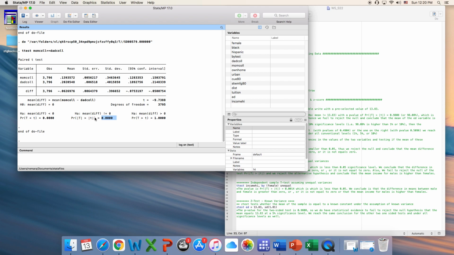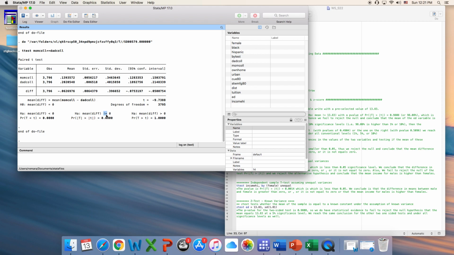So that means the 0% means that we reject the null hypothesis. There is a very small probability, and when I say small, it's smaller than the 1%, it's smaller than the 5% and the 10%. So there is a very low probability that the null is true. So we reject the null hypothesis and accept the alternative